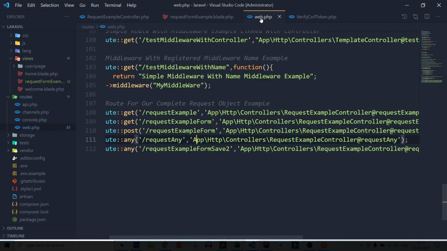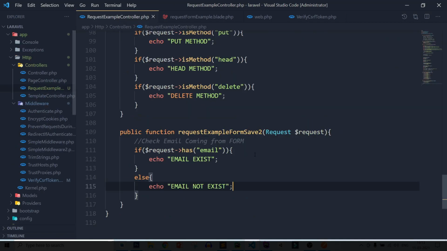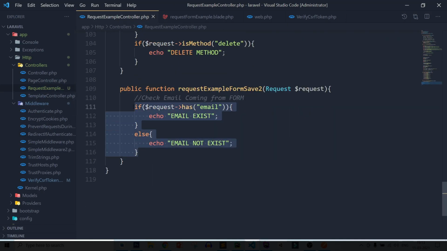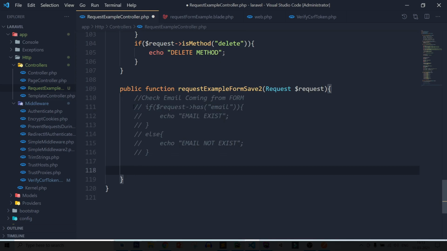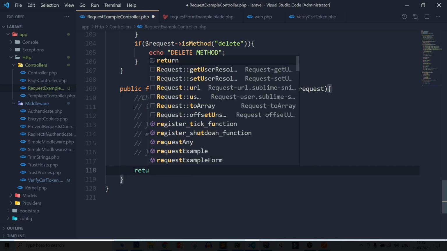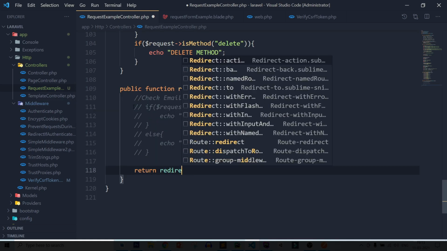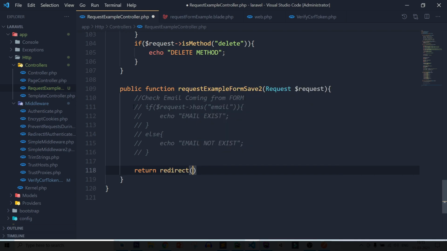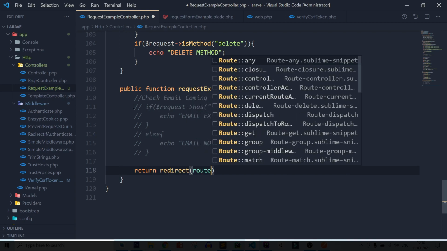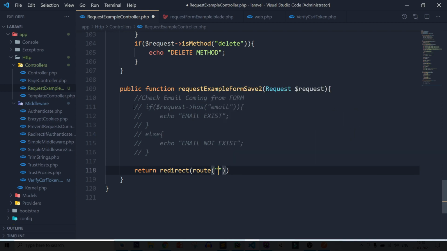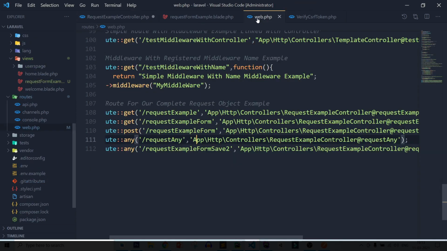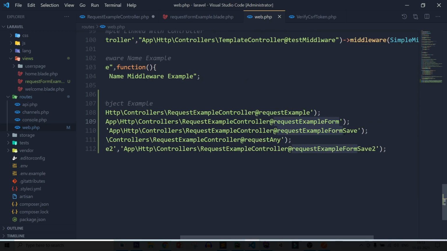So for this, come to again controller, let's comment this code and here return redirect, pass the route name. So route is our request form example and here you need to add the name.